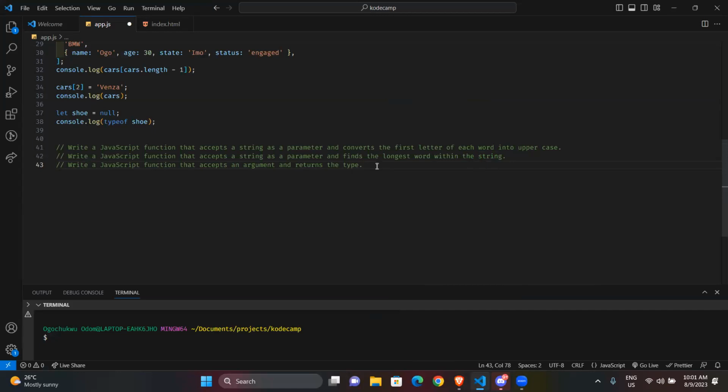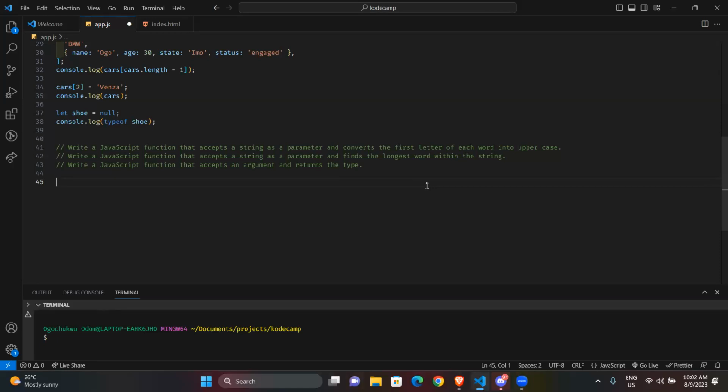So the first one: we want to write a function that will take a string as a parameter and then convert the first letter of each word into uppercase. How do we go about that?